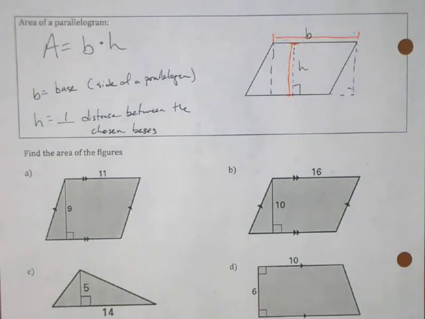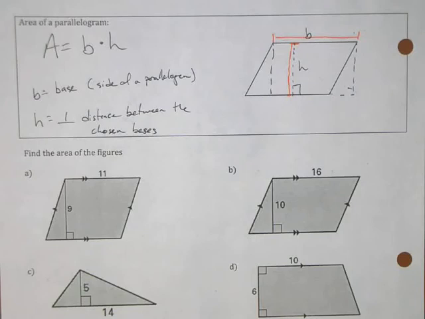So if you can deduce that your figure is in fact a parallelogram, then the area is a relatively simple thing to find. Just multiply a base times the height. Again, the base is any side of the parallelogram, and the height is the corresponding perpendicular distance between them, or the distance between the two bases